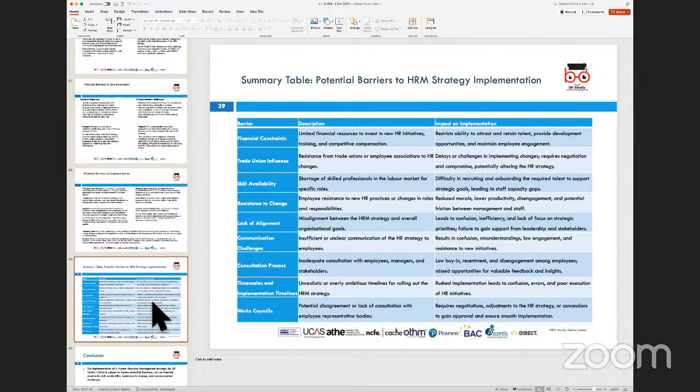So in such cases, you would look at acceptance to change, low morale or dissatisfaction amongst employees, employees starting to look at opportunities outside and not being willing to engage with HR in terms of any sort of consultation. These would all become potential barriers for relocation of the offices from one location to the other. And that is what you need to think of as an example to discuss in terms of understanding what these potential barriers could be and how they could limit the implementation of, say, the HR strategy or the organizational goals,